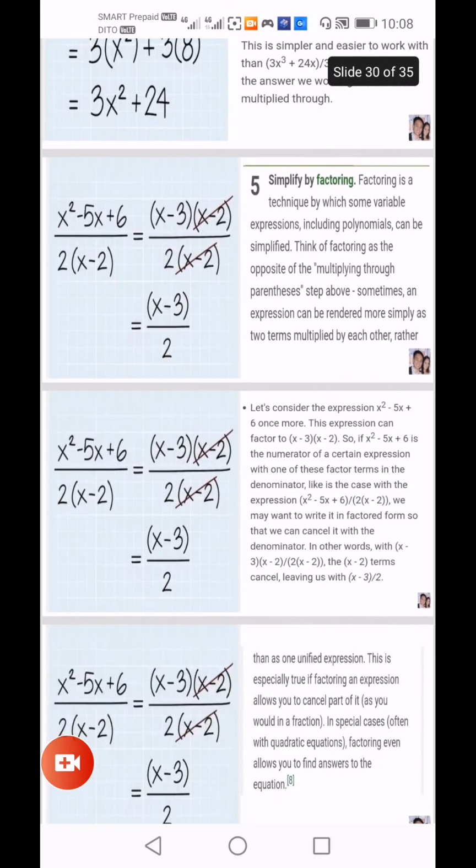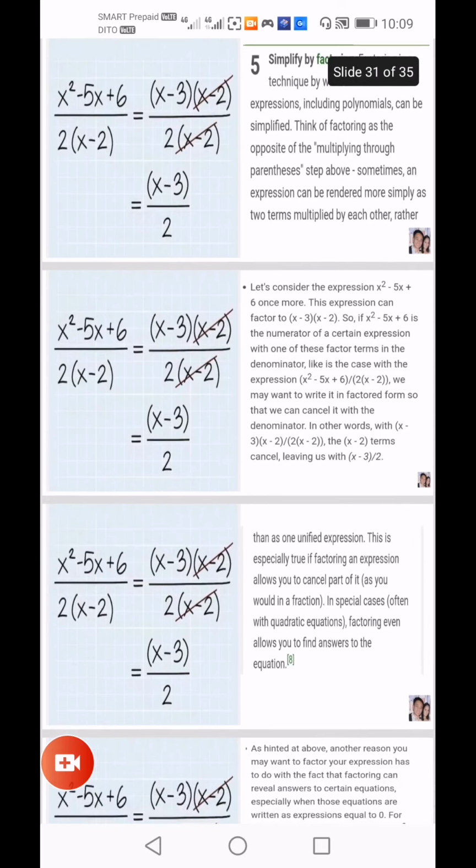Number 5, simplify by factoring. Factoring is a technique by which some variable expressions, including polynomials, can be simplified. Think of factoring as the opposite of the multiplying through parentheses step above. Sometimes an expression can be rendered more simply as two terms multiplied by each other. For example, let's consider the expression x squared minus 5x plus 6 once more. This expression can factor to x minus 3